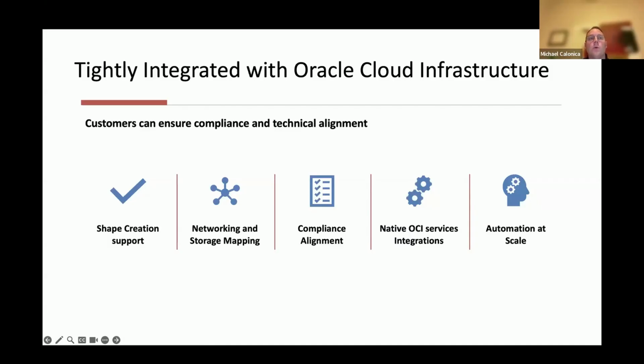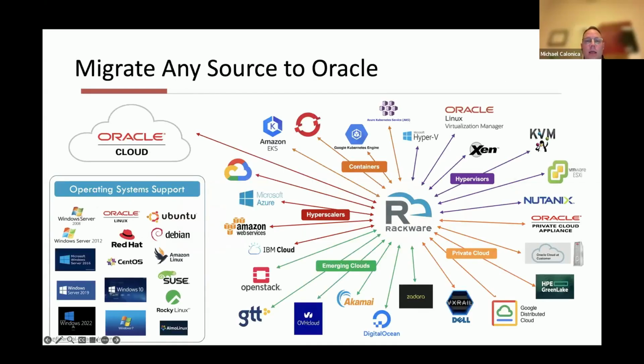Moving on, more around RackWare, and we talked about this from being a true any-to-any migration and DR solution. But what do we mean by that, right? And so you'll see on this slide, we have a lot of different diagrams here, right? It's certainly busy, but I think this helps really convey how verbose RackWare is. You'll notice we can migrate any workload, protect any workload. So from any type of other cloud into Oracle Cloud, any type of private cloud or emerging cloud into Oracle Cloud, other type of hypervisors out there, as well as containerized environments, all into Oracle Cloud.